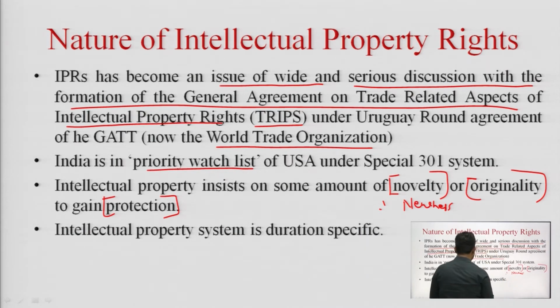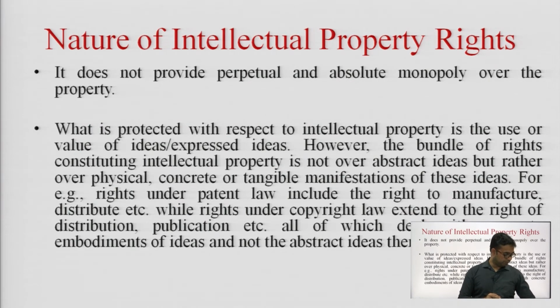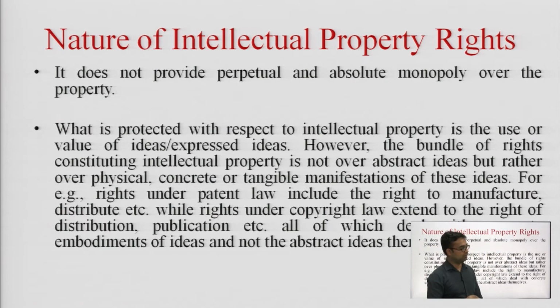Intellectual property system is duration specific. Okay, and intellectual property rights will be given for some duration, say for 20 years, yeah, for 10 years, depending upon case to case. So, basically IPR, intellectual property rights, is whatever the creation a human being has, he should be able to protect his idea in terms of business. So that if I have discovered something, I should only be benefited for some period of time by the government about all the products and manufacturing or the sale of that particular product.